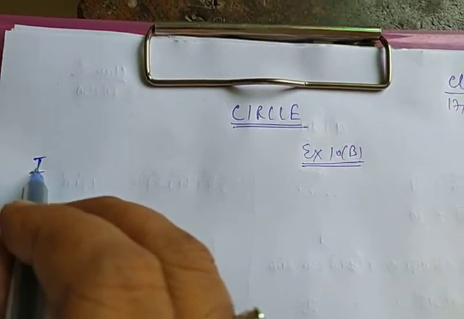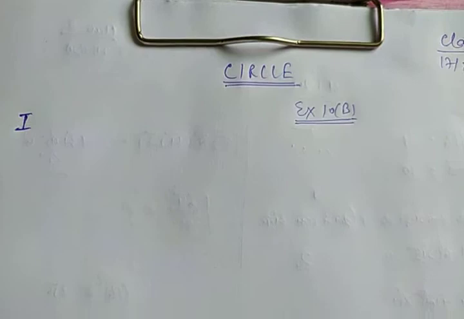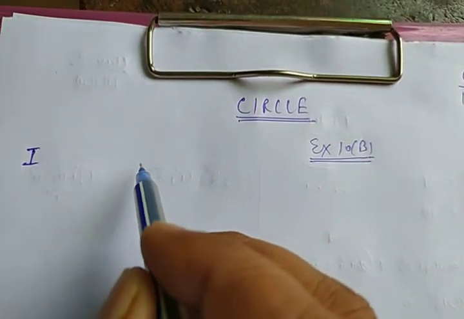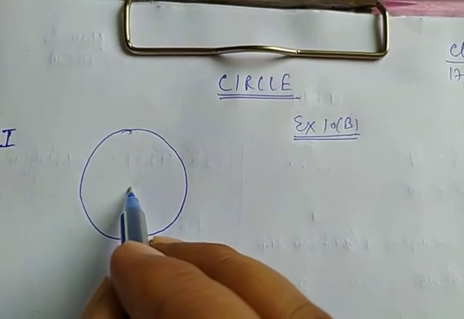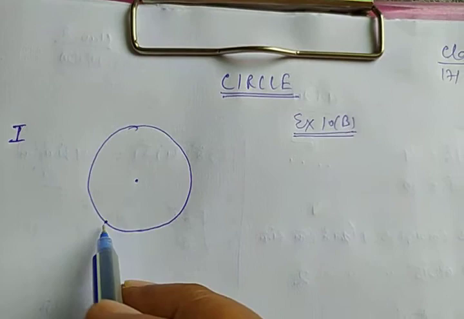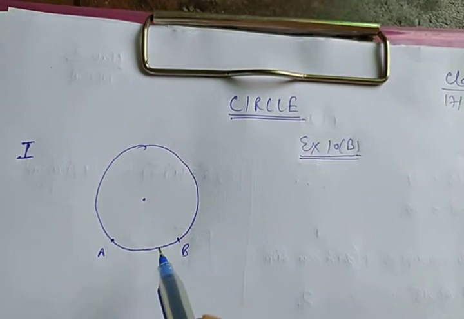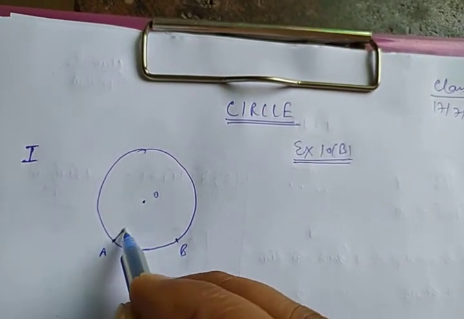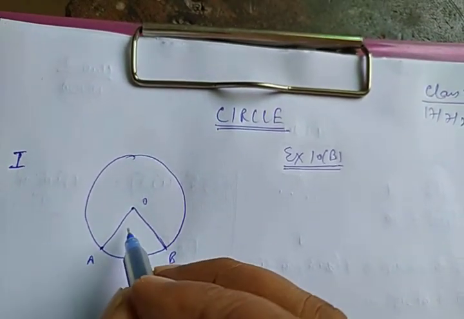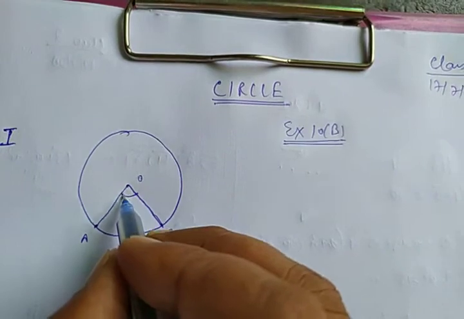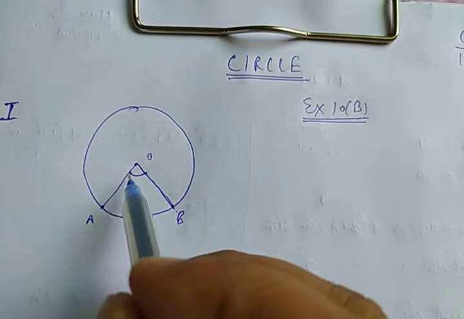these all the theorems would be given in your book. You can go through the theorems and understand them properly, but the basic concept is this. Suppose there is a circle, this is the center of the circle. Suppose there is an arc AB, part of the circumference is called the arc. These two points are joined. You will say arc AB is subtending the angle at the center AOB. Arc AB is subtending angle at the center of the circle, angle AOB.